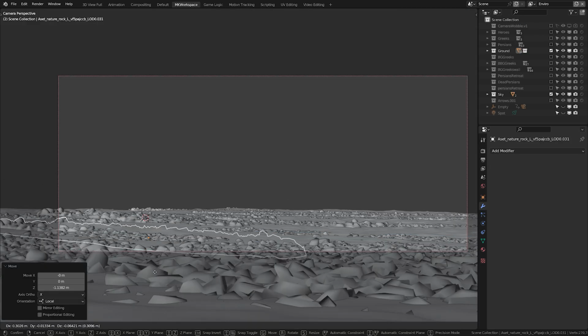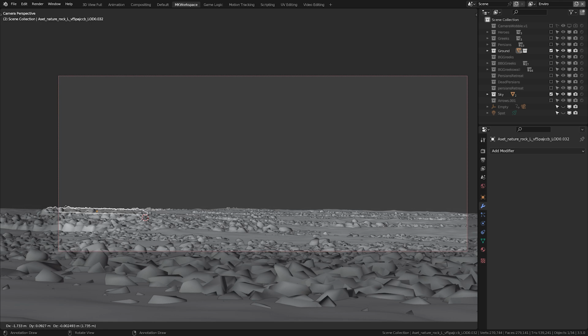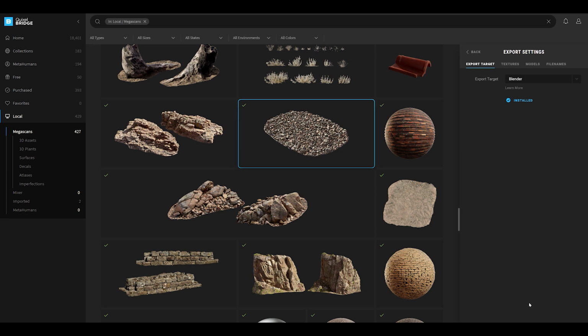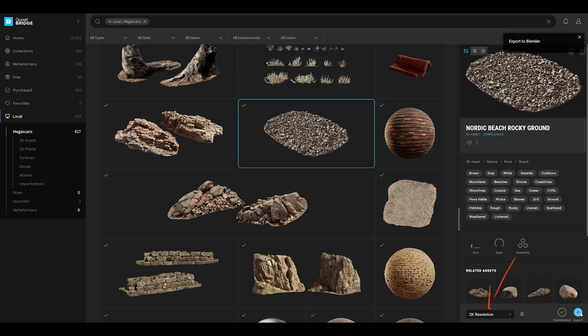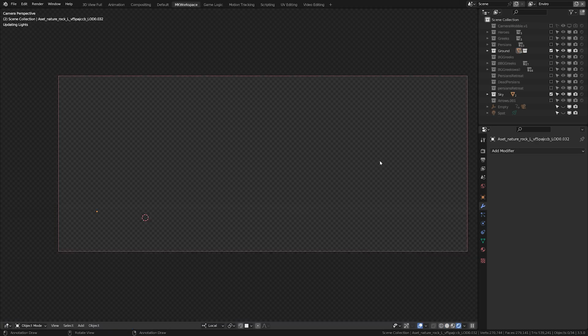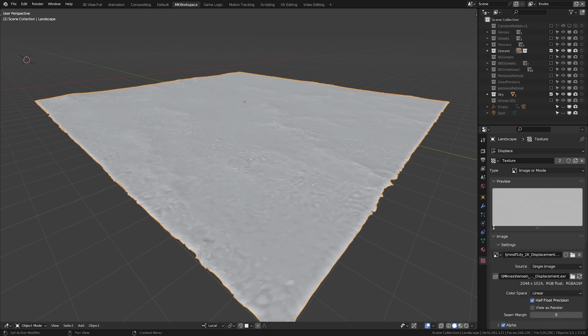To complement this ground, I've duplicated one of my favorite ground models from Megascans onto it. Using the bridge tool, I just used the Lot 0 version of it with 2K textures, and I put the blood group all over it as well, 2 in fact, with some variations in the placement, and I was good to go. Over the ground plane, I added a displace modifier, and I used Megascan's texture displacement map to add some unevenness to it.